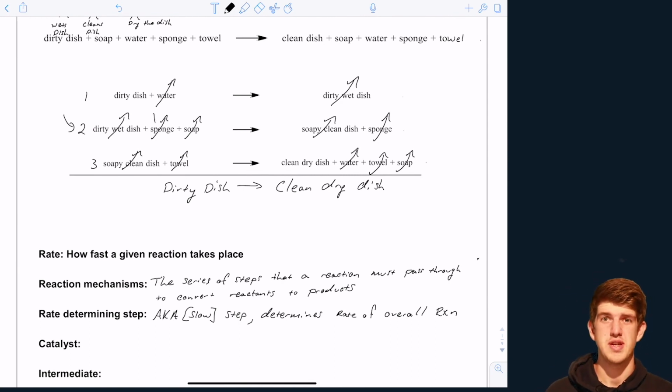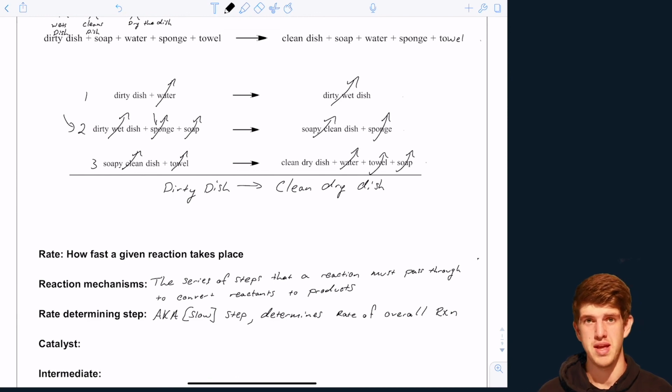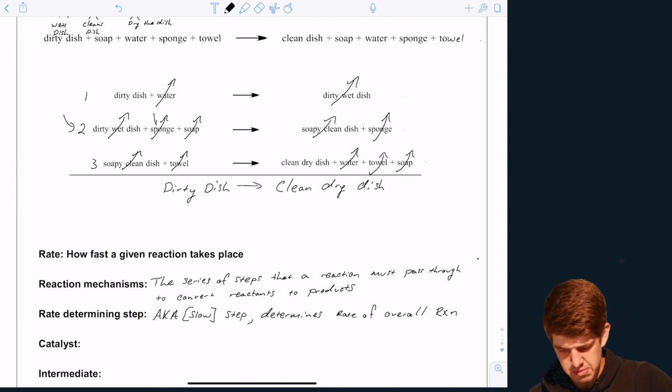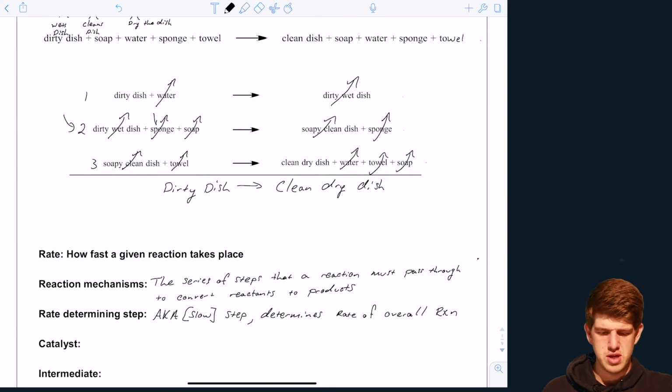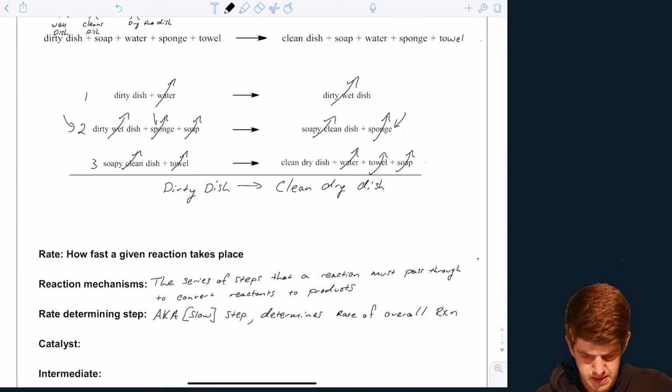The sponge is something that I use in the actual chemical reaction, but it's not actually going to be used up in the chemical reaction. That sponge is shown right here on the product side, and then it's never touched again. So it is a reactant and a product,